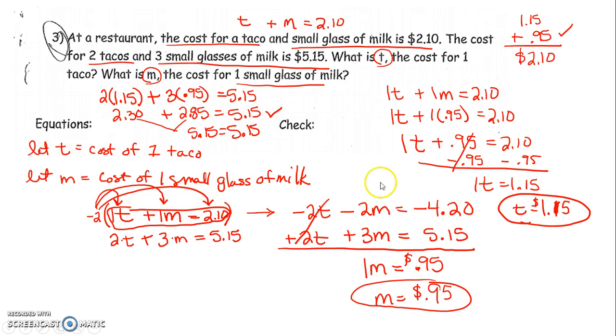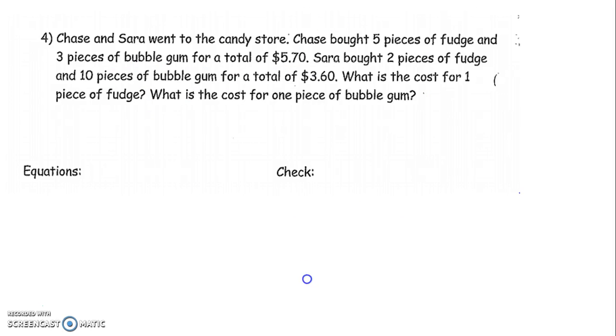So we've just checked that it works. Each taco will be $1.15. Each glass of milk will be 95 cents. Let's try the last problem. All right, it says,